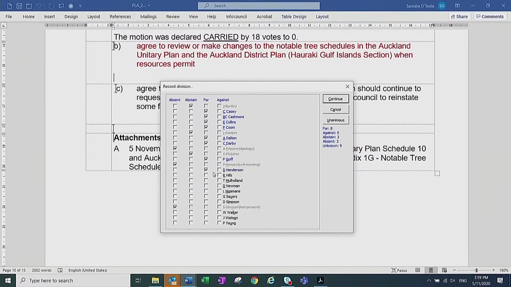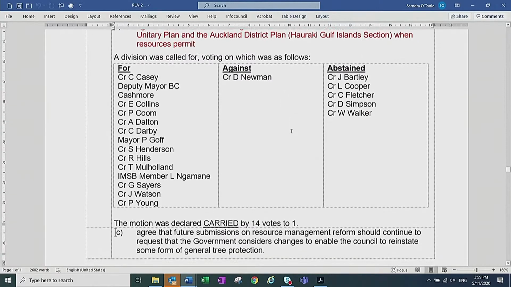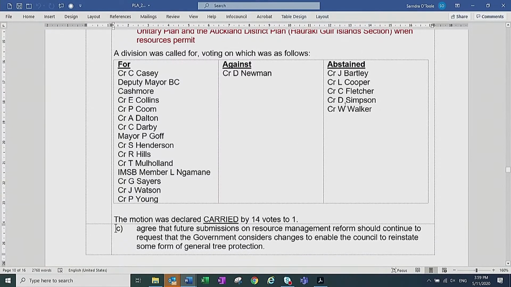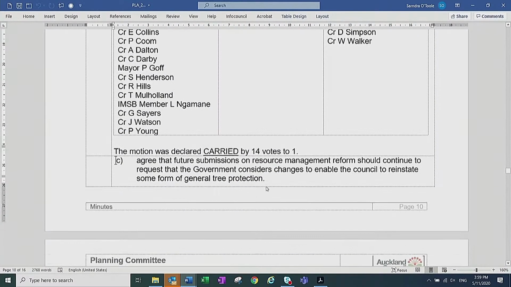For. Councillor Hills. Councillor Mulholland. For. Councillor Newman. No. Member Namane. Aye. Councillor Sayers. For. Councillor Simpson. Councillor Stewart. Not here, sorry. Councillor Walker. Councillor Watson. Councillor Young. Carried 14 votes to 1, 5 abstentions. Thank you. We'll go to the C.